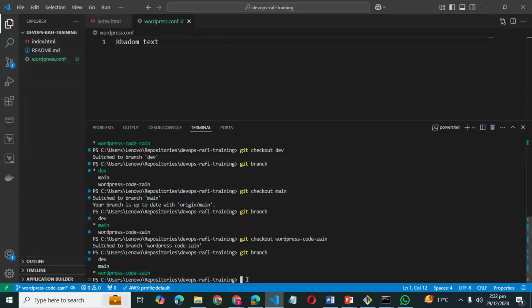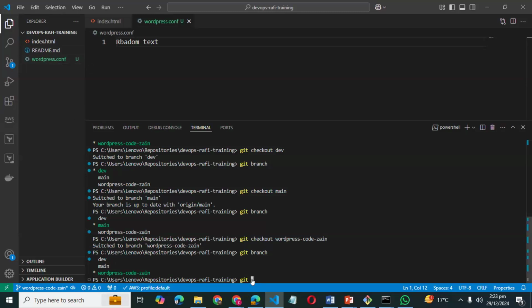This particular file is only visible in that branch. If I now go to my dev or main, you definitely won't see this WordPress.conf file there. So let's go to the dev or main branch to check whether this file is created or not.